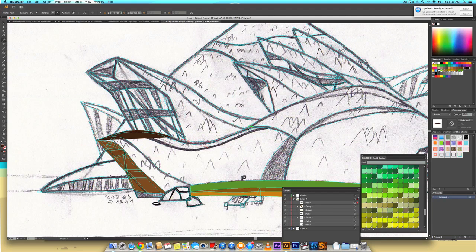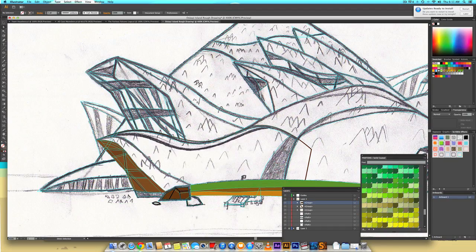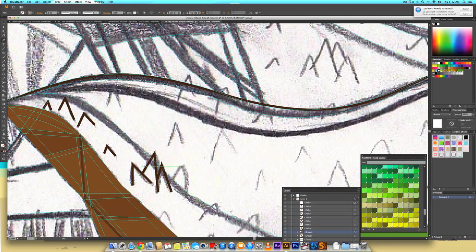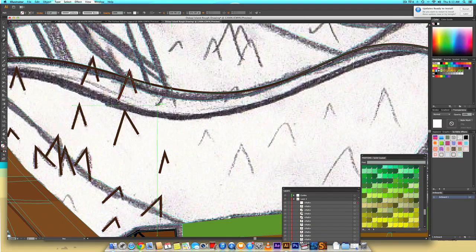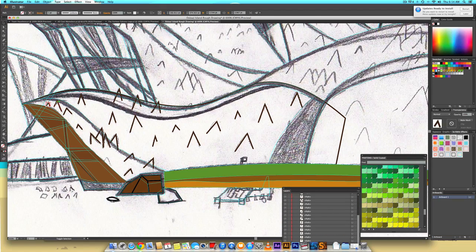It's also good to take little breaks in between doing all this, just because it gets so tedious, and you're like, oh man, it's getting really boring. So you see me fill that in there, but then you won't see me do this. What I actually do, when I started getting my bearings back, I was trying to retrace everything. But what you can do is what you'll see me do later in the video, but I'm not really sure when it happens, so I'll just explain what's going on